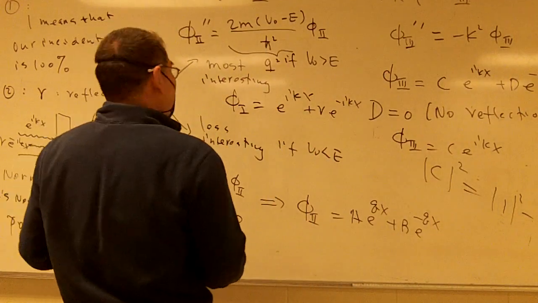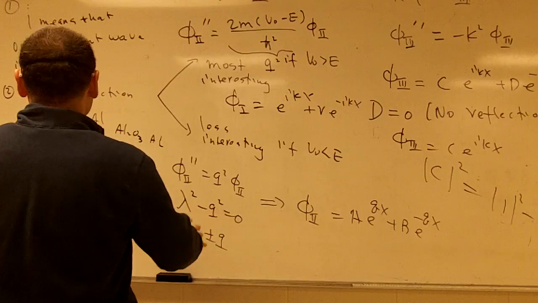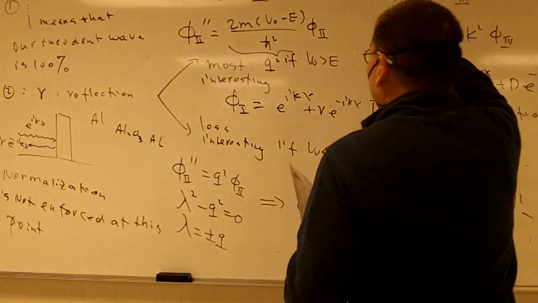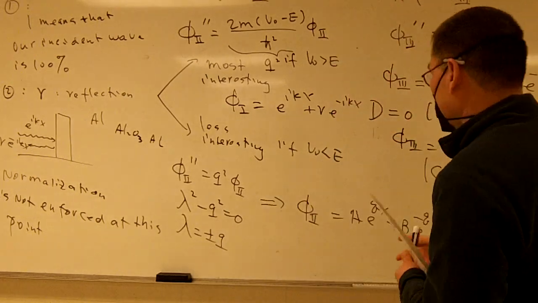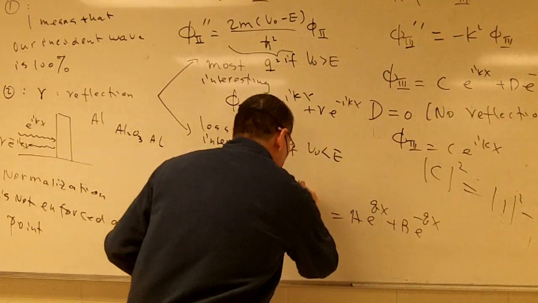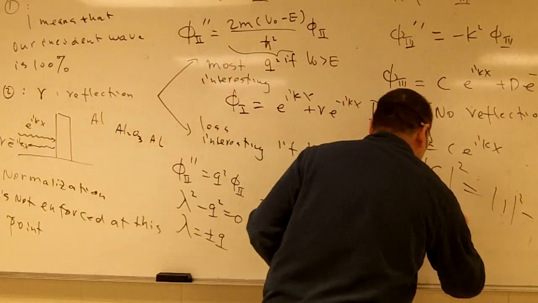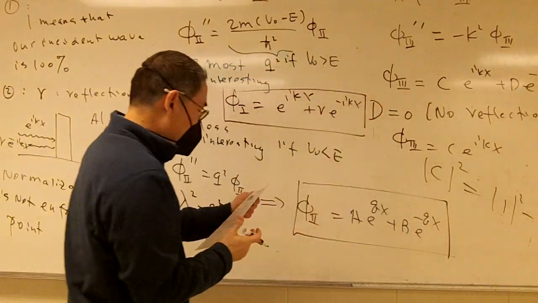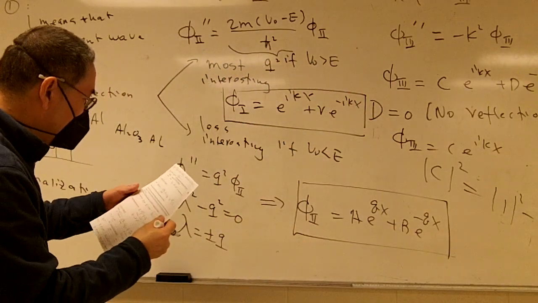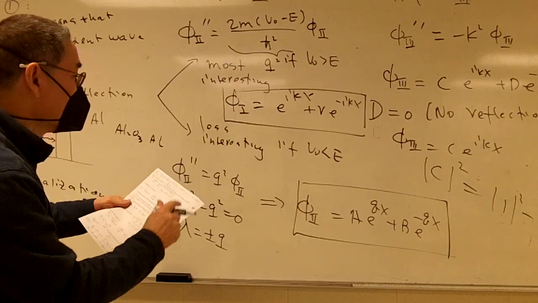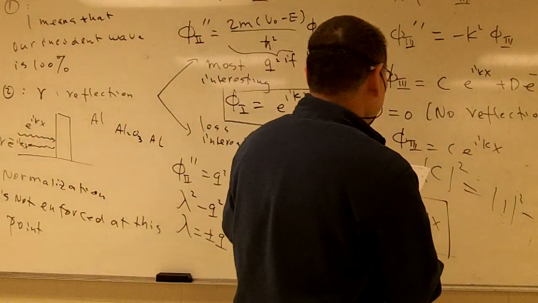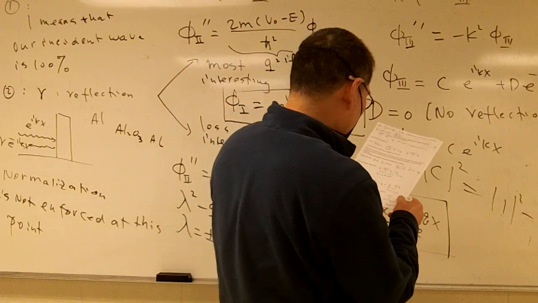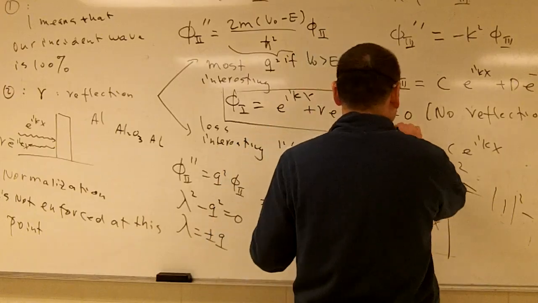So this is region number 1, and that's the wave function. This is region number 2 and region number 3. I'm going to box them in such a way that I won't erase them. Let me see whether my notation is good. In region number 2, yes, I used A and B there. And for the last one, region number 3, yes, I did use the letter C. So this is the wave function.